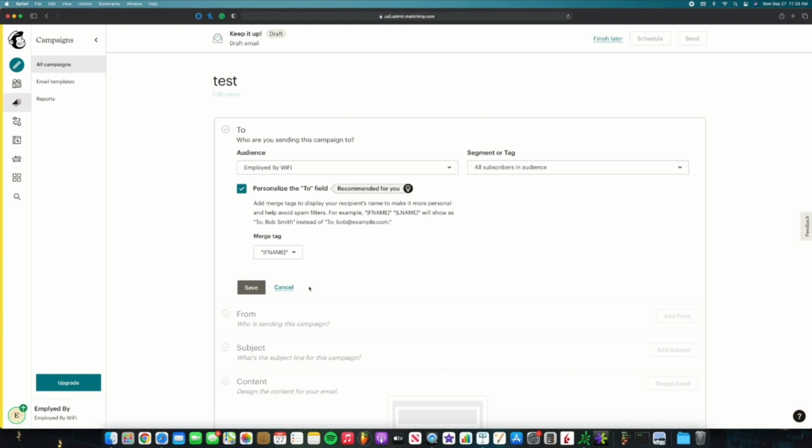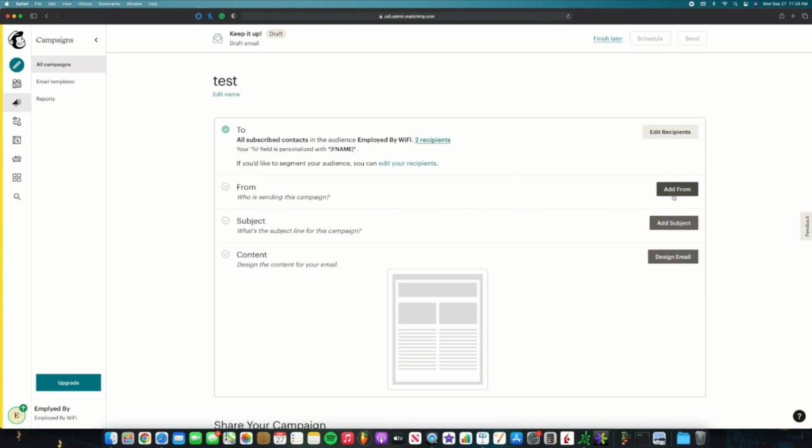So I do recommend doing that, and if you want to, there's quite a few different options depending on the things that you require when somebody is signing up for your list. You can do just the first name, you can do the last name, you can say their first and last name, or you can make a custom option. But I'm just going to go ahead and put first name, click on save, and the next thing is